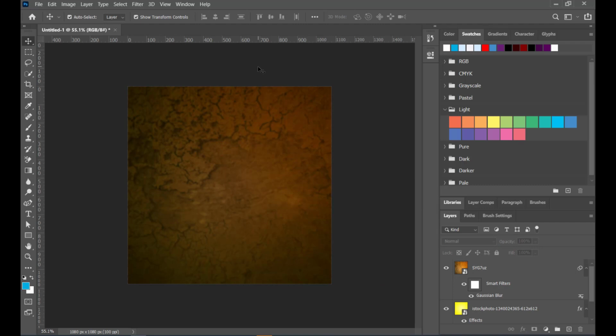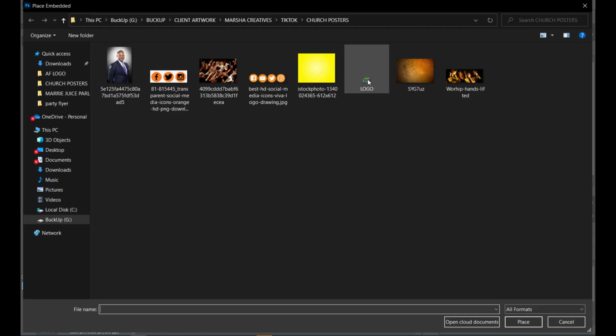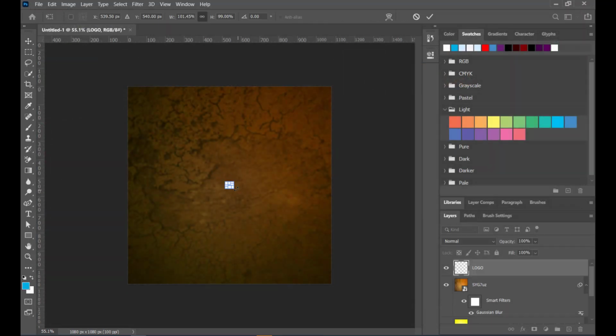So the next thing is to import my content. I'm done doing my background, so I'm going to import the church logo. Place embedded. I have my logo right here. Double click, let me scale it, and I check that